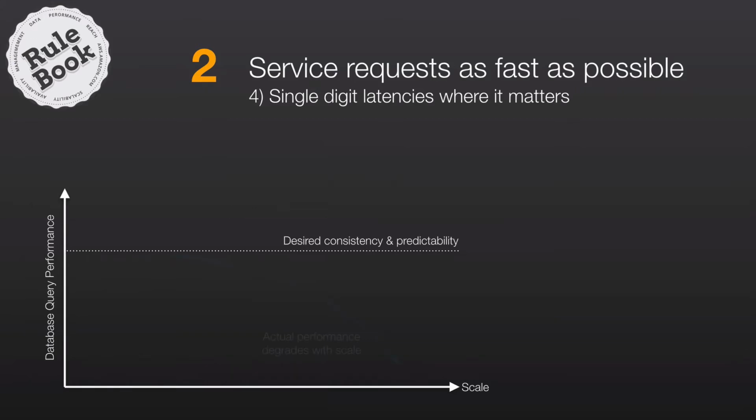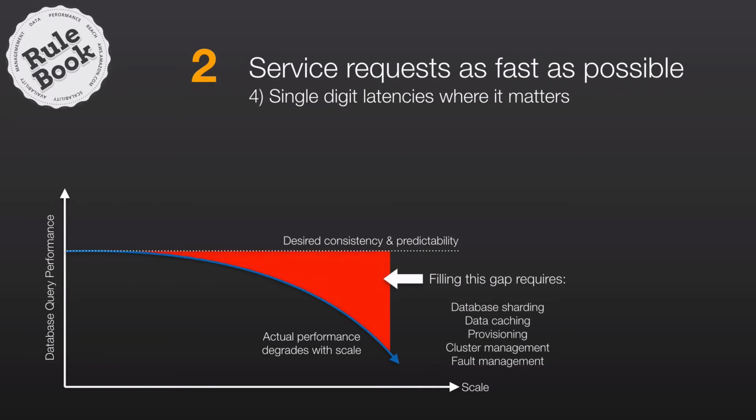Fourthly, and kind of similar really, with the databases themselves, say relational databases that you might be running, unfortunately you've got a characteristic where performance of relational databases tends to degrade with scale. And filling that gap, unfortunately, requires quite a lot of effort. Things like database sharding, where you might want to minimize or restrict the amount of traffic that goes to an individual relational database engine. You may shard your database to do this. For example, putting all customers that have usernames ending with an A, B, or C in one database, D, E, and F in another database, and continuing throughout the whole alphabet.